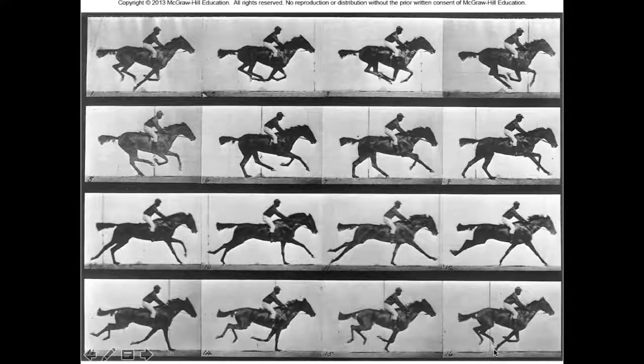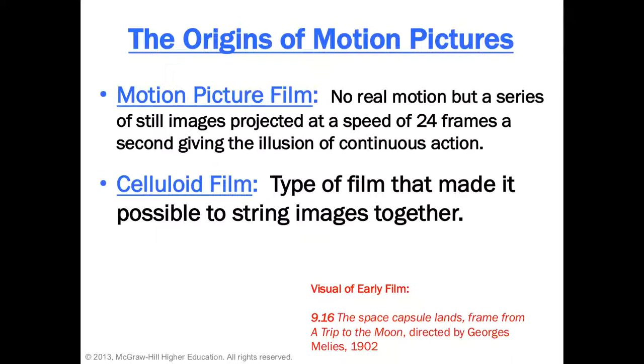Okay, he did some other studies with this, and then there was a way to put it in a strip through a camera, a projector, and have a moving image. And there's 3 different things I loaded, or 4, I think, and watch all those different film clips. They're very short. So that's not real motion. What it is, it's just a bunch of still images projected, 24 frames a second, giving the illusion of continuous action. It's your eye putting all those images together, and it seems like it's moving.